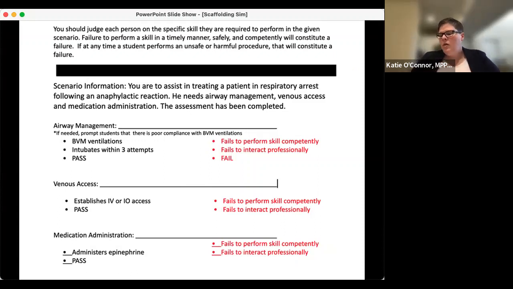Those skills were already checked off individually. They had peer feedback, they've had instructor competency checks, and now we're giving it to them in a specific scenario to test contextually,